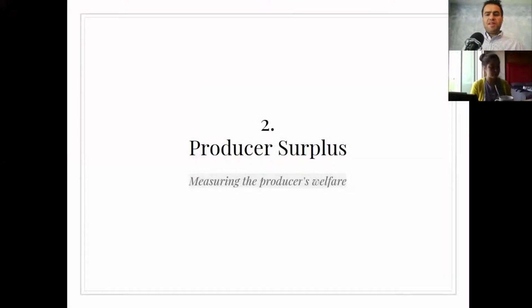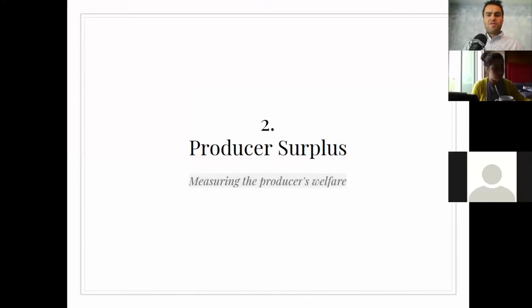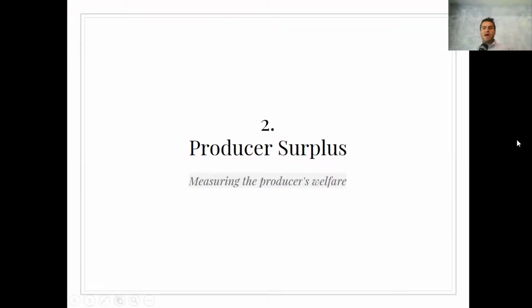So we basically went over last class this idea of the consumer surplus. The consumer surplus is essentially just a way of measuring the welfare that consumers have, and it can be estimated as prices change or the quantity of goods they demand changes. In general, it's a very good way of placing into monetary terms the welfare of a specific group of society, in this case the consumers in a city, in a region,